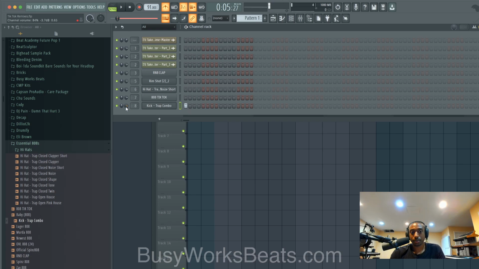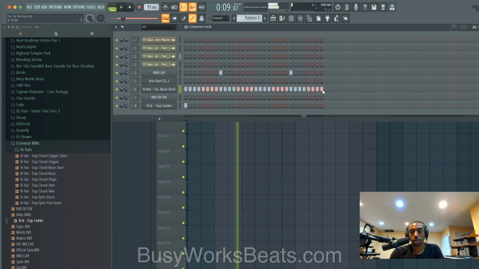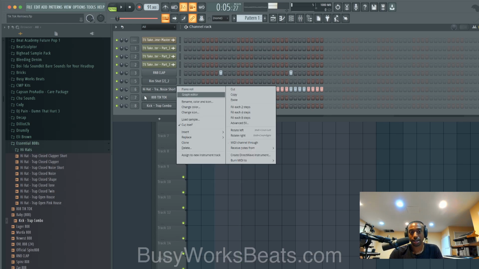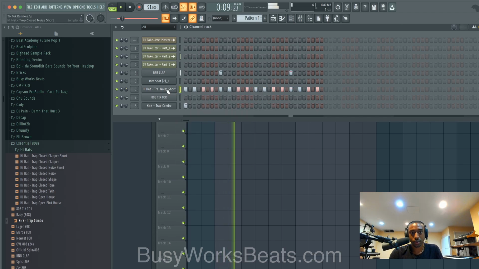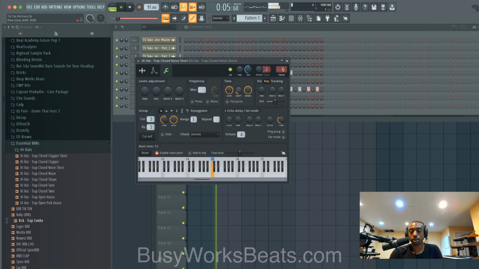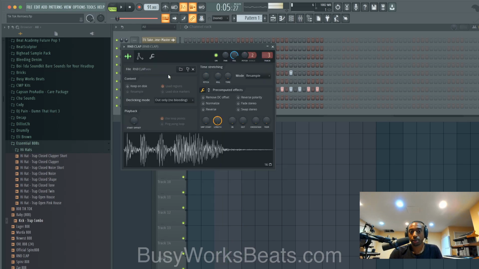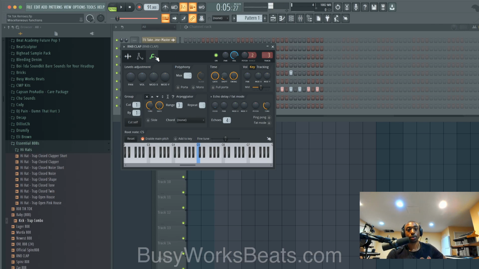So now let's add a kick. So remember, we're in slowed down double time, so the snare's not going to go on the 2 and the 4. And if you don't know what that is, turn on the metronome and count 1, 2, 3, 4, 5, 6, 7, 8. So the snare goes on the 3 and the 7 count. Okay, we could just drag the hi-hats out like that. Let's go to the hi-hat. Let's turn up time shift. What a lot of people don't do is they don't delay their snares. So you can go to your clap, go to the wrench tool, turn up time shift.